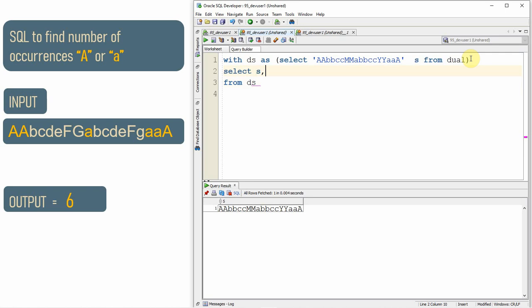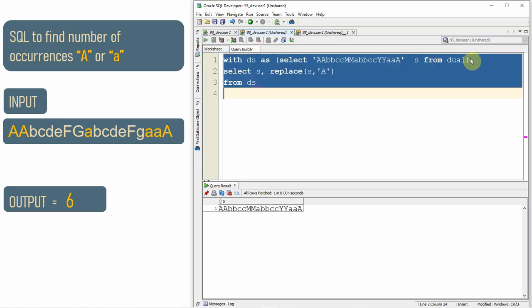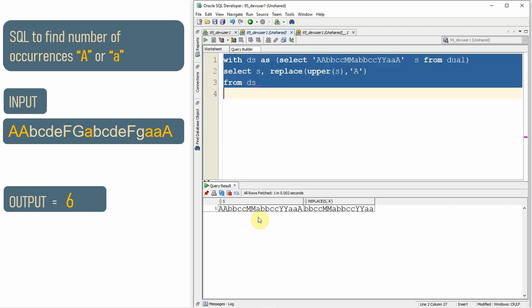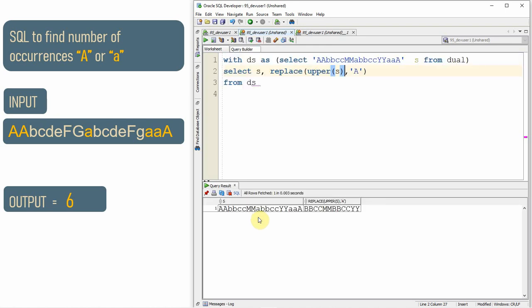So what I'm going to do, I'm just going to replace all the characters A from the string. So first let me put capital A. It will basically replace all the capital A, but our expectation is to find both capital A as well as small a. So what I'm going to do, I'm just going to convert the string into uppercase, then I'm removing all the A. By that way, it becomes a case insensitive replacement, like you are replacing both the lowercase a and the uppercase A. So now we have the string exactly as we got it, and we have a string without the character A.